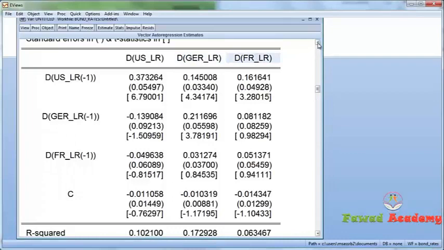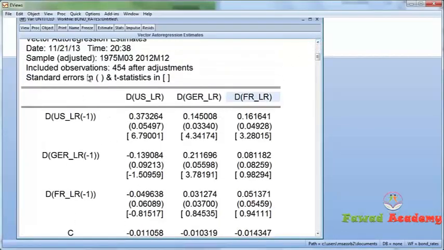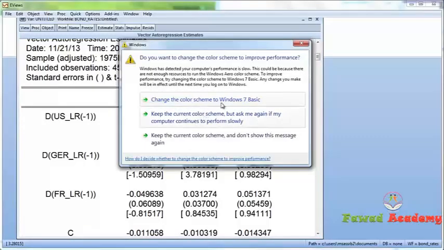Let's have a look at which coefficients are significant. Let's firstly see what information we are given. In parentheses we have standard errors, in square brackets we have the t-stats, so we'll look at the t-stats. We'll firstly see that the coefficient to the 1 period US lag is significant certainly in the US equation, certainly in the Germany equation, and certainly in the France equation, all with very significant t-stats, way larger than 2. So the 1 period lagged change in the US long-term rate has an influence on this period's changes in all